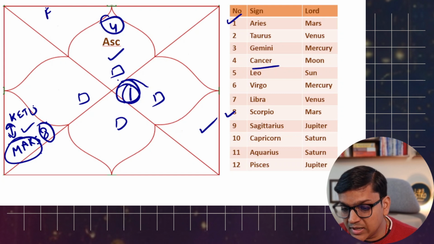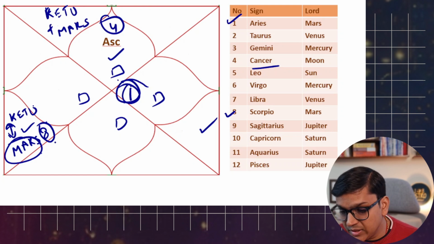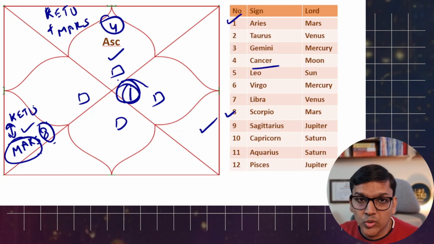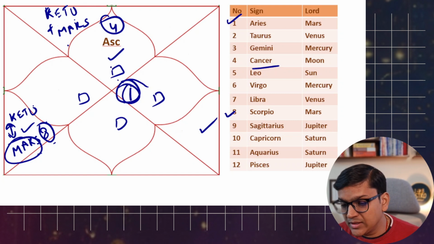For example, in the 2nd house Ketu was forming a conjugation with Mars, Ketu plus Mars in the 2nd house. Then here also Mars is the Yoga Karaka planet and Ketu is conjugating Mars. So again for Cancer ascendant, if Ketu is sitting anywhere with Mars, it's forming a Rajyog. So I think that's understood.